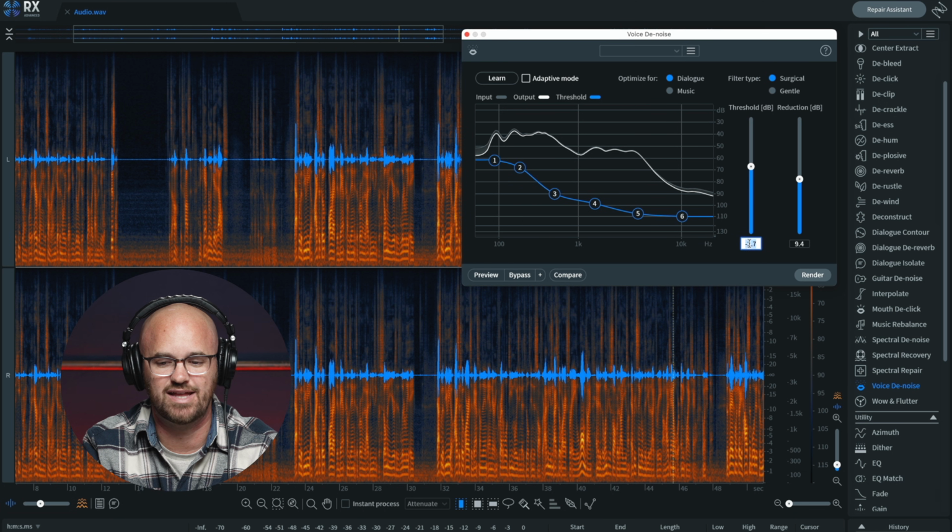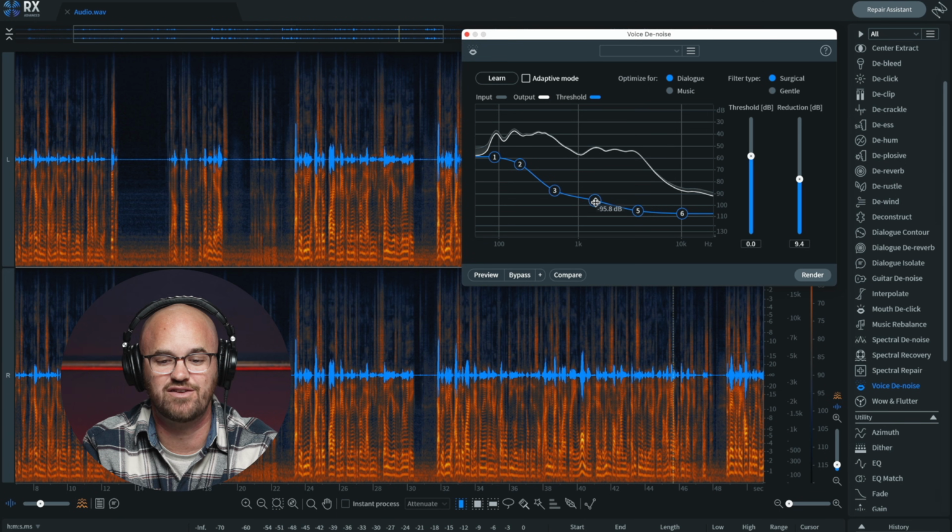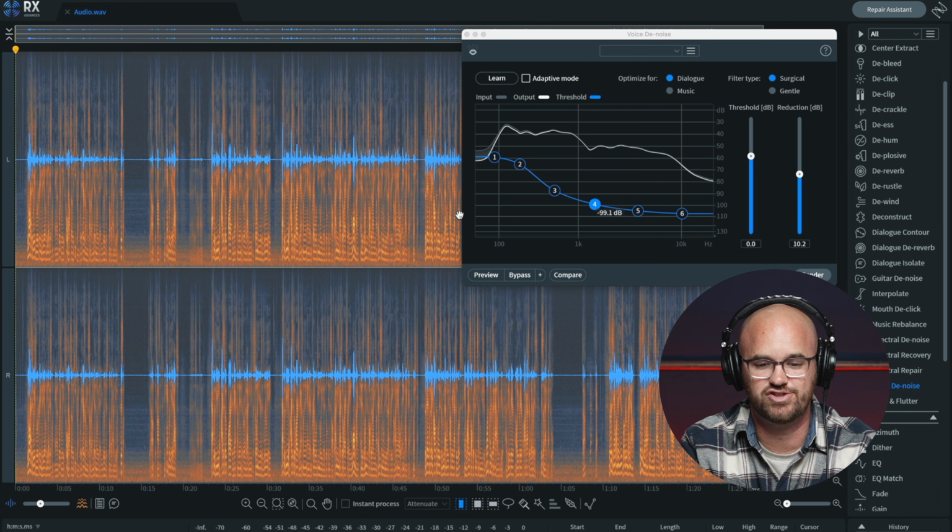I normally would just let that be at threshold 0 as its default, unless you really know why you're changing that. You also can change even the individual frequencies of that noise profile to remove those even more if you specifically know EQ enough to be able to do that. I recommend that. If not, I recommend just leaving it whatever they give you as the curve. So you could see I could simply choose that and say, okay, cool, that sounds good to me.